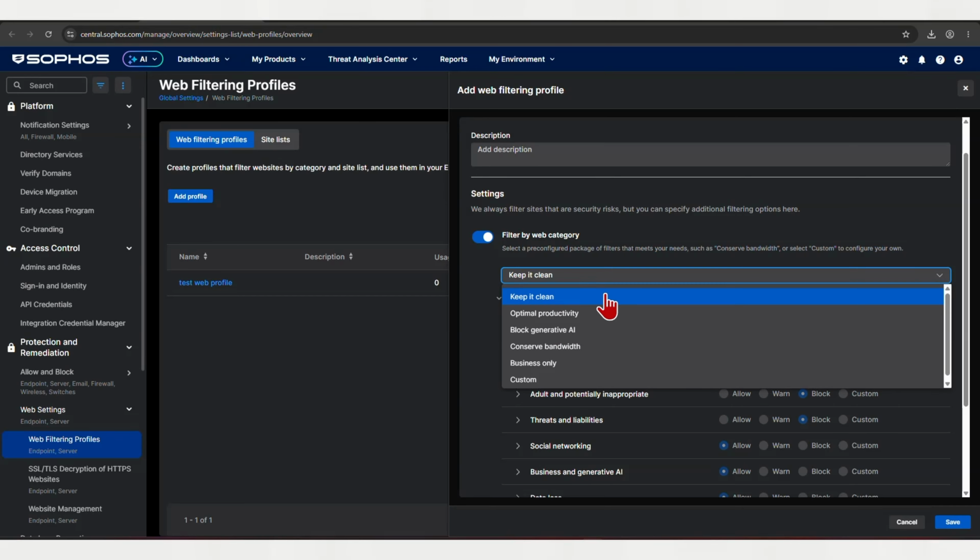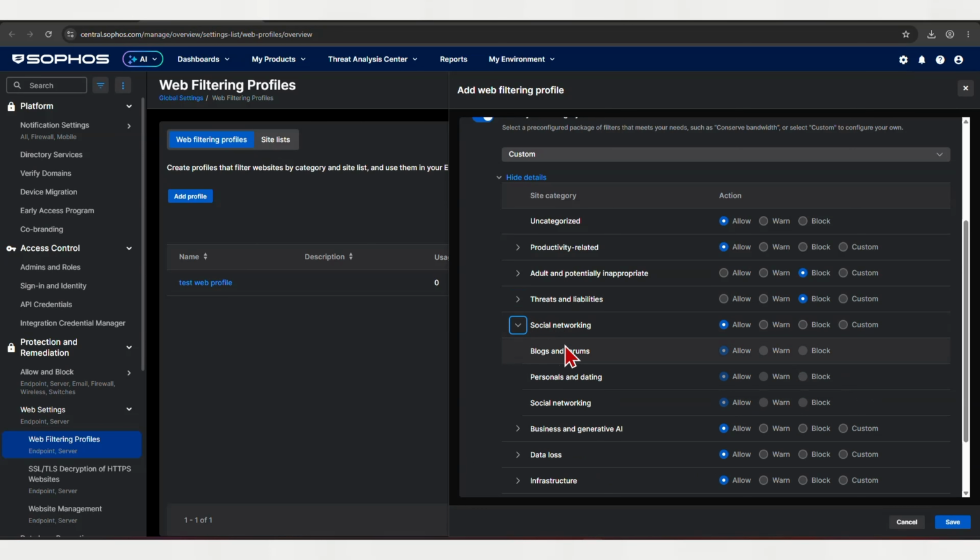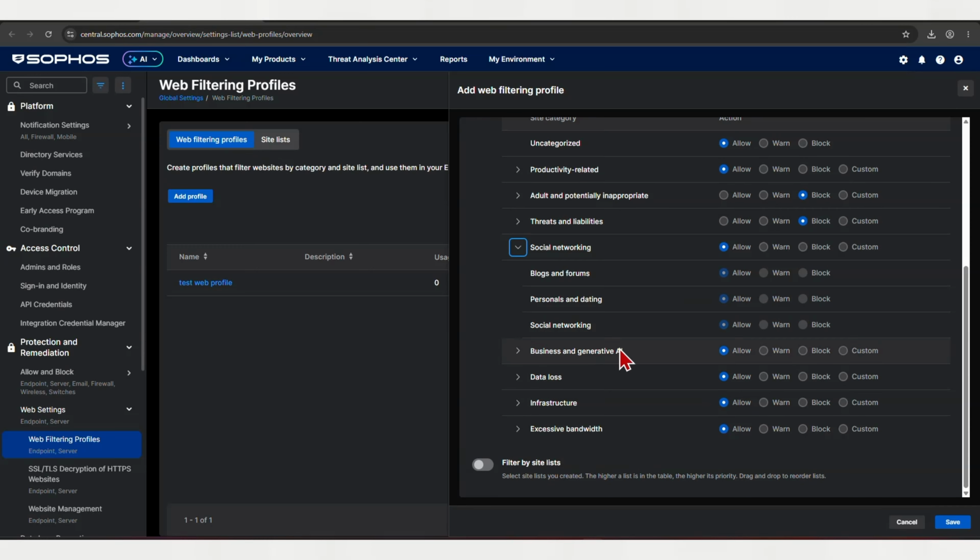There are multiple profiles which Sophos will help you to keep your business up and running, like keep it clean, optimal productivity, block generative AI, conserve bandwidth, business only, and custom. In the custom, you can select multiple things. Let's select social networking. These are just categories. If you want to edit them,